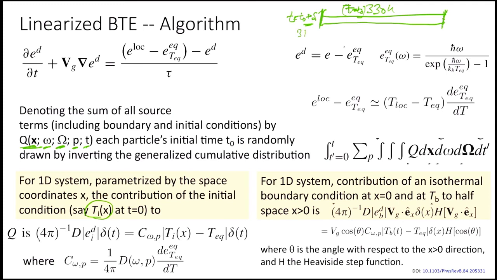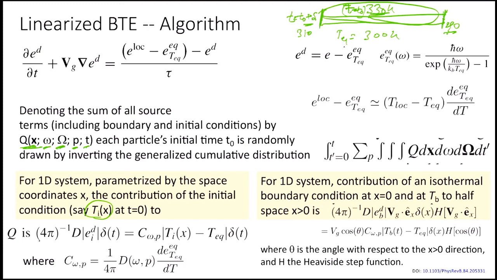Like let's say we made it 310 and 290. So the particles now could emit from the initial condition, like 330 Kelvin also, or it could emit from the wall. And let's say the equilibrium temperature we assume to be 300 Kelvin. So now we are trying to determine how much this initial condition of 330 Kelvin in the domain is going to determine the source term.